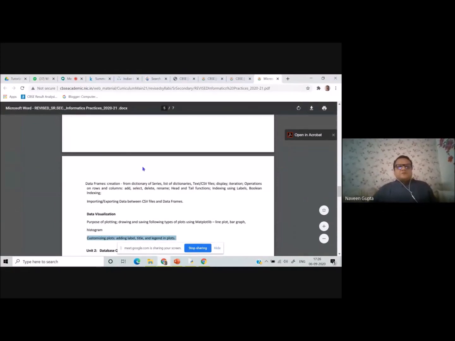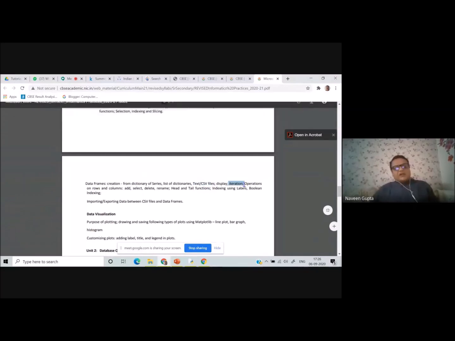Now, when I say data frame, a data frame can be created from a list, dictionary, text or CSV. Because I'm using a text and CSV file, there will be loops. He should know how to iterate over the data frame, and these operations: how to add a new record, select various records, delete, rename, head and tail, indexing and Boolean indexing.